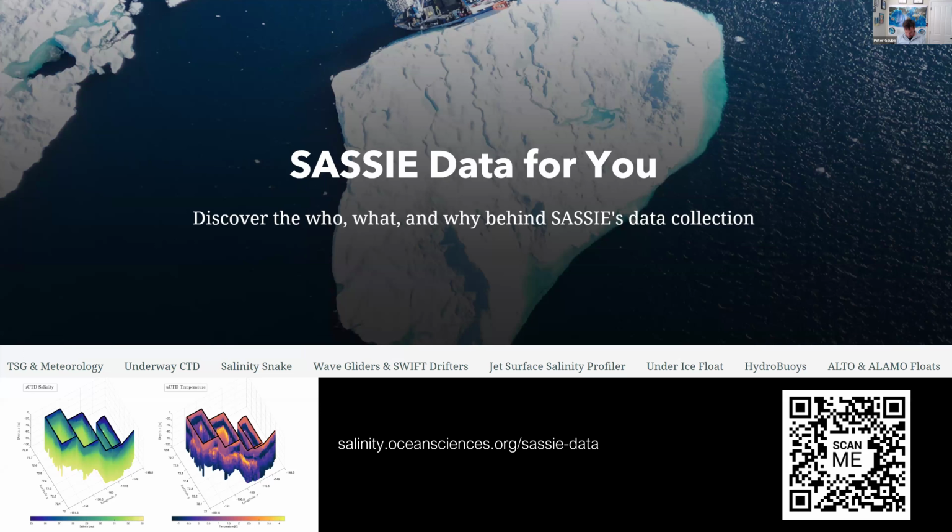So one of the things that is maybe a little different with SASSIE is we were really pushed to have all of our data publicly available within 6 months, if not earlier, from returning to the dock. So as soon as we got back, we spent a lot of time getting the data quality controlled and making tutorials and helping people figure out ways to access our data. The reason we wanted to do this is that this data is very valuable, it's timely, and we can't possibly be the only people who can ask good questions to this data, so we wanted to make sure that the community had access to that.